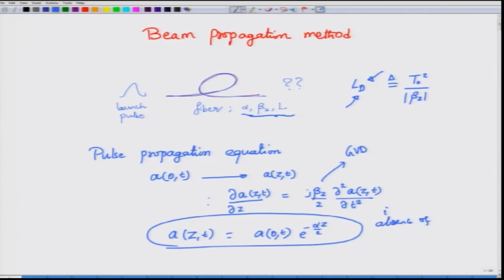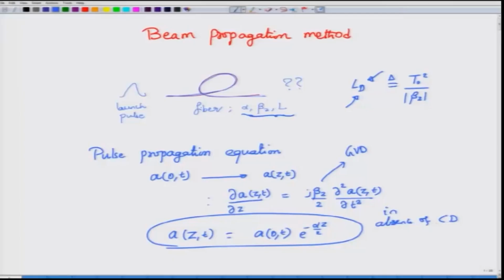So, in the absence of dispersion, which we will call CD, just as a general placeholder convention. CD is not really the only dispersion that we are considering. It could in fact be material dispersion, it could be waveguide dispersion, intermodal, intramodal. All those dispersions are different, but we will put all of them together under the heading of CD. Okay. So, in the absence of CD, this is what you expect, that there will simply be an amplitude change,